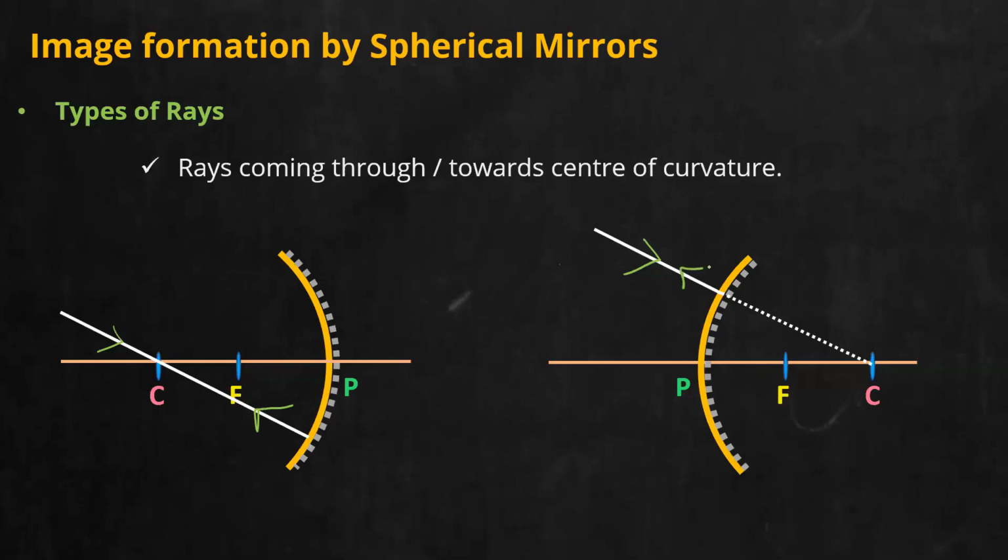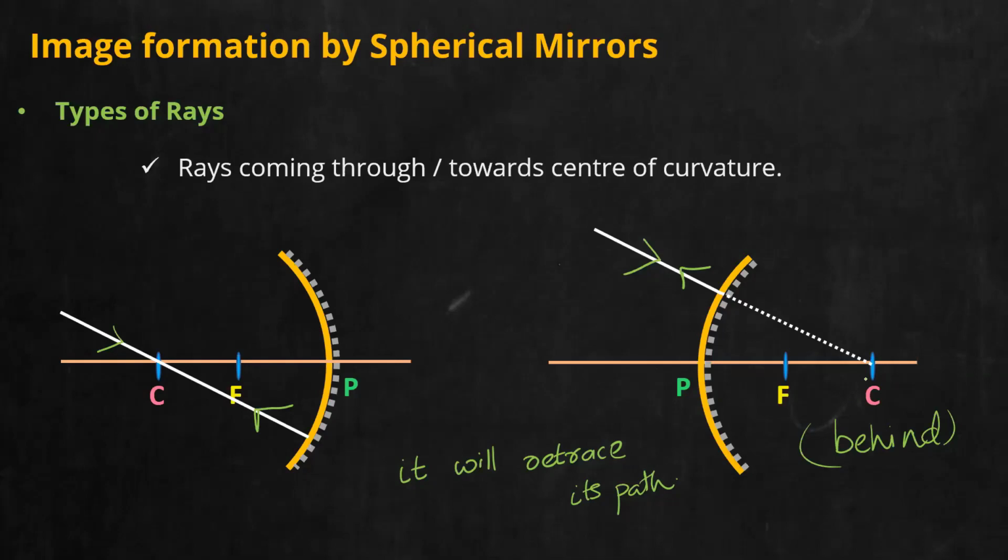So you can give a forward arrow and a backward arrow. That means here it will retrace its path. Write it down. The third type of ray is the most simple type. Why? Because we just need to draw one ray passing through the center of curvature. What will happen to that ray? It will retrace. And here again, for the convex mirror, note that you cannot pass it through the center of curvature. You can only direct the ray towards the center of curvature, because here also the center of curvature lies behind the mirror. You cannot see it, so you can just point it in the direction of the center of curvature.